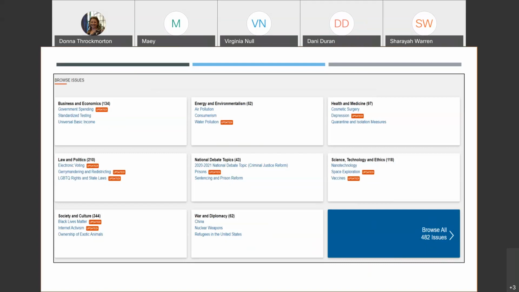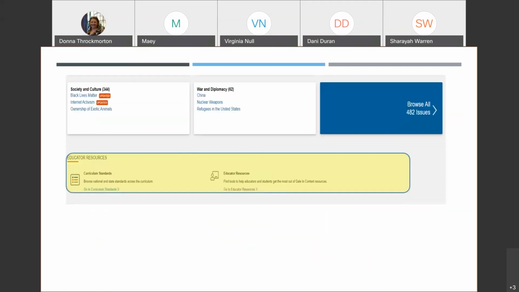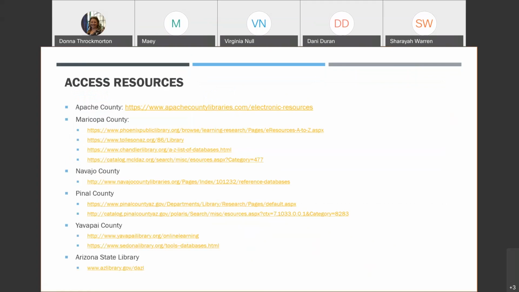So they each have different buckets of resources that sometimes you have to go between both of them to get all the resources that you want for the topic you're looking for. And then finally, if we scroll down the page, you'll see curriculum standards again, some links, and some educator resources. And we're going to be going into how you can access the resources. This deals with the location. Again, location, where are we going to go to get these resources?